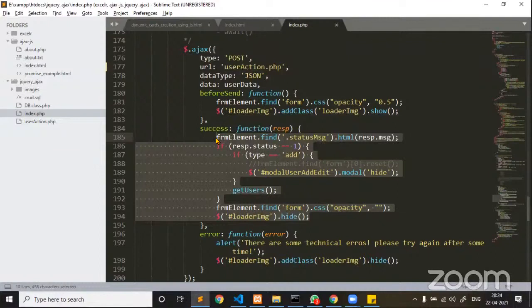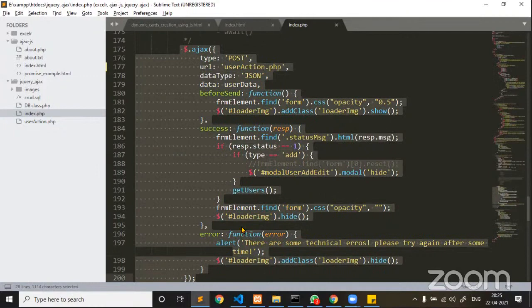Now here, what are the major points that you have to understand? How to place Ajax calls by using jQuery. That is what this particular bit of code is about, and if you understand that, that is sufficient.